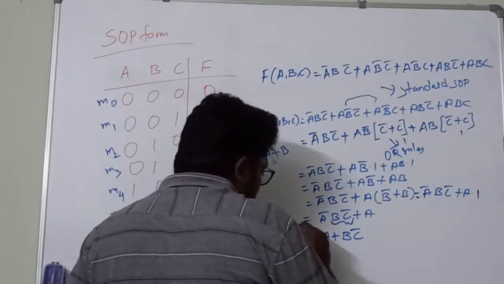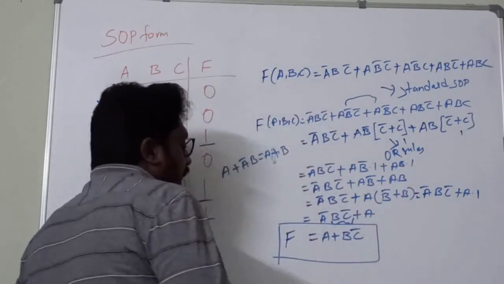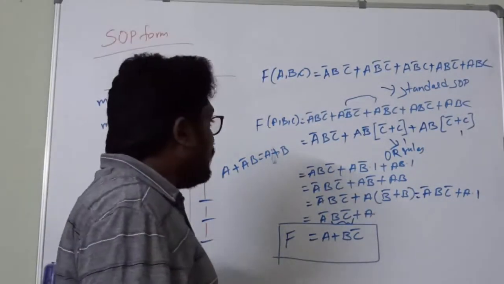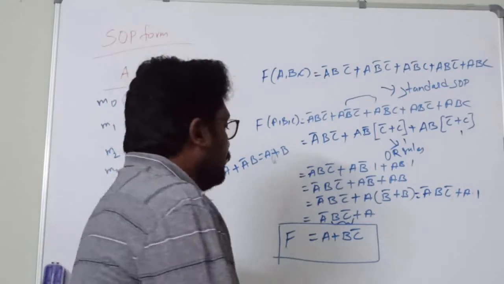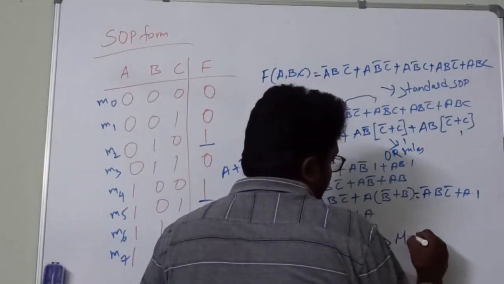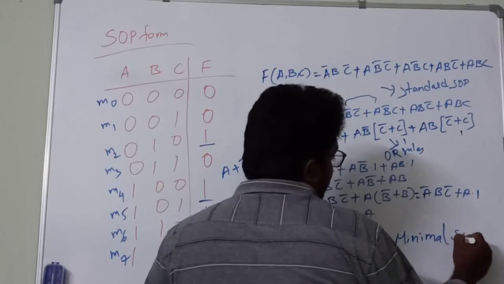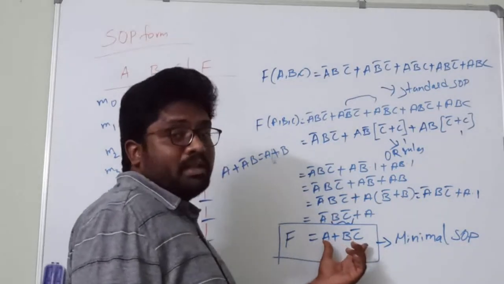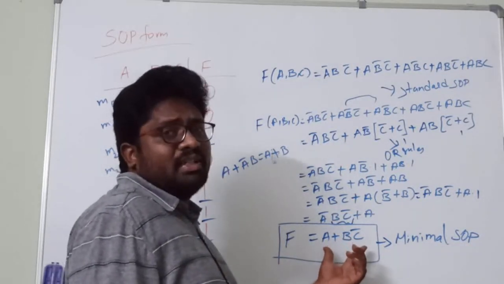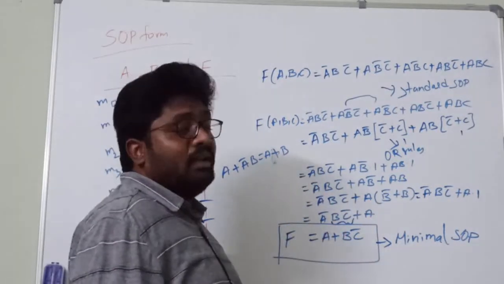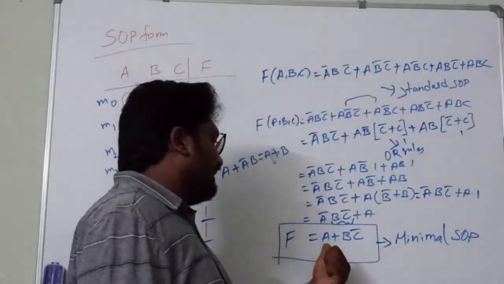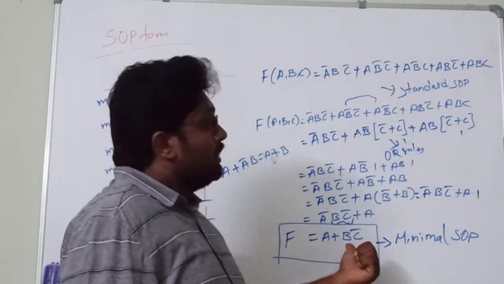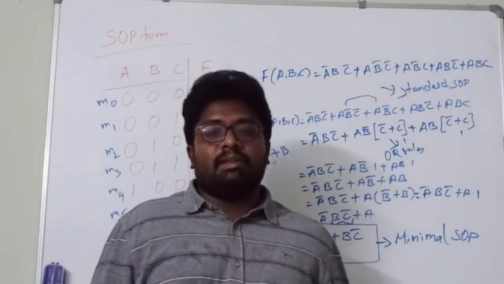So this is our reduced Boolean expression for the given Boolean expression, right? We call this the minimal SOP, as the terms present in this final expression do not consist of all the variables that we have given in the function, right? In the first term, B and C are missing, and in the second term, A is missing. So this is how we perform the SOP operation.